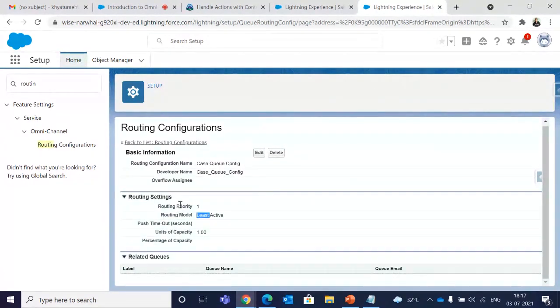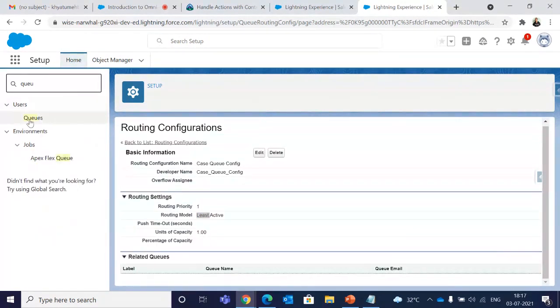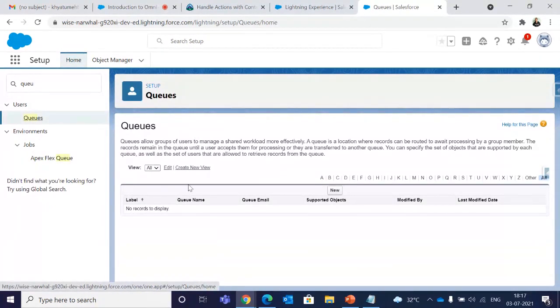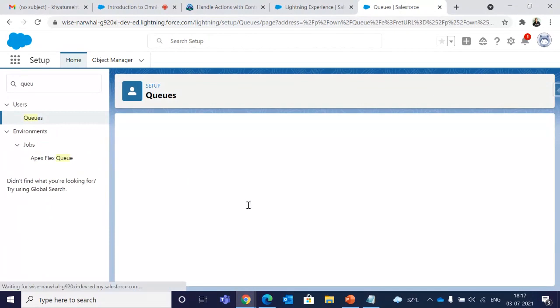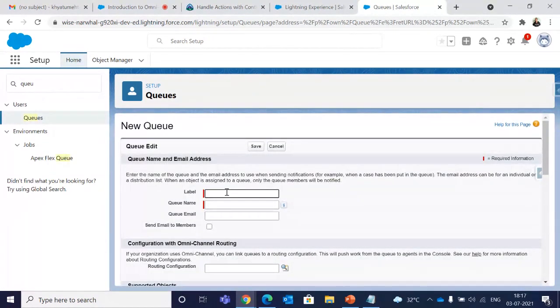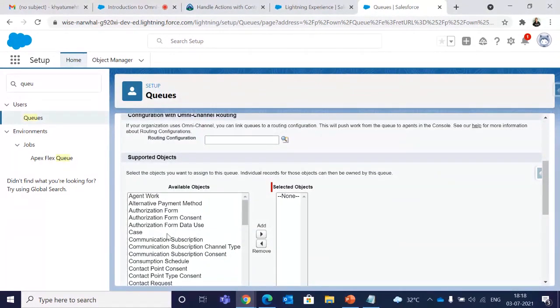Now that we have created a routing configuration, we of course need to assign it to a queue. Queue is nothing, we'll just assign agents to this. I'll call it High Score Squad.